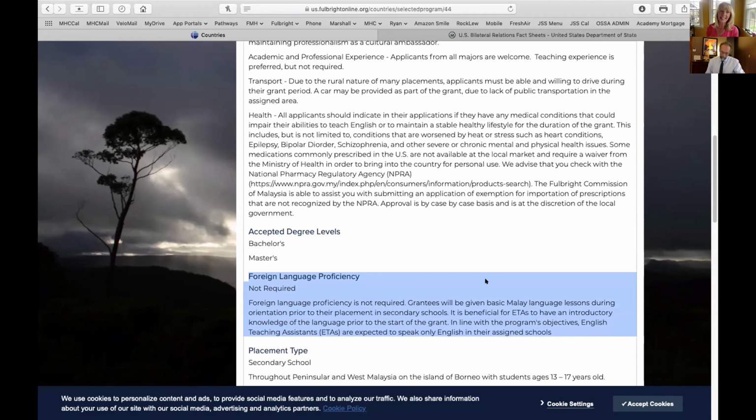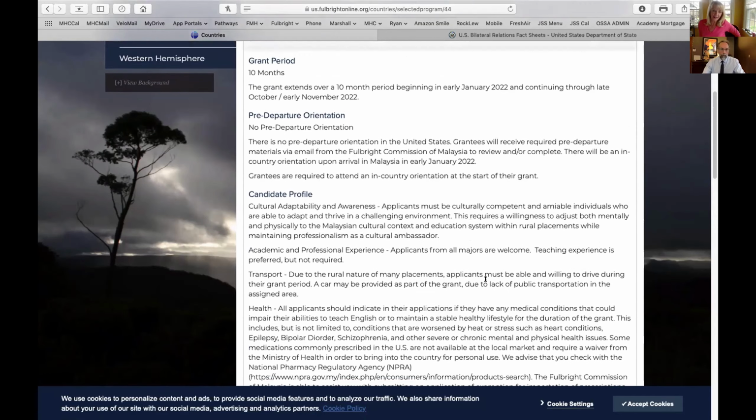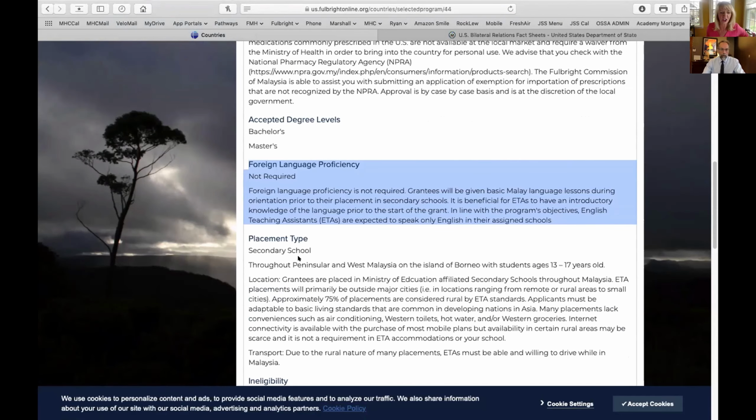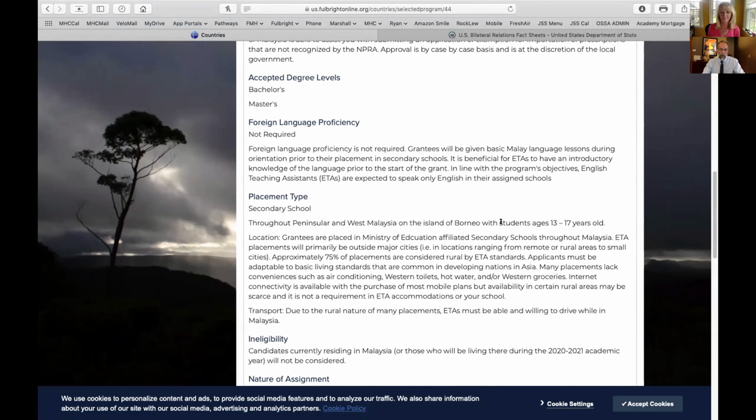And then the other thing is the age group, right, Ryan? The piece about who you might be teaching in that country. And I think Malaysia has children, secondary school. So secondary school is typically middle school and high school. Right. And so this matters if you have a lot of experience with middle schoolers, high schoolers, camp counseling, that sort of thing.